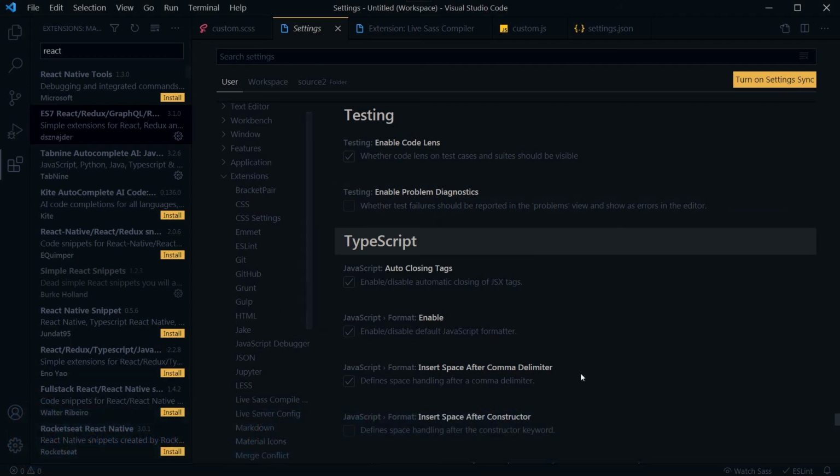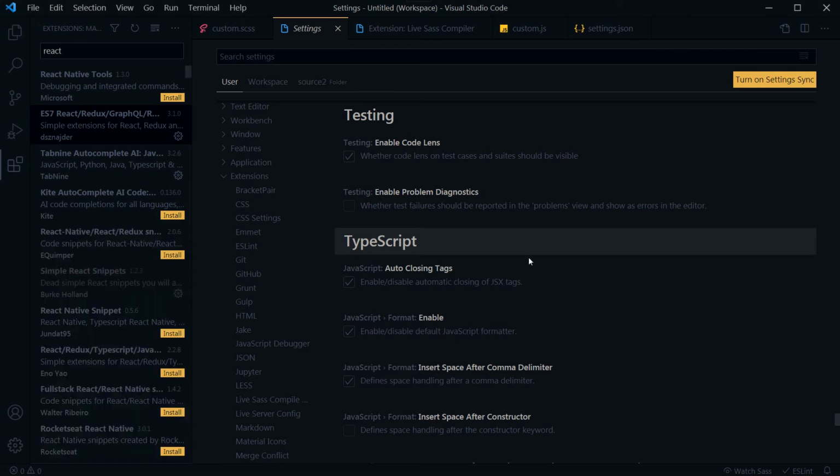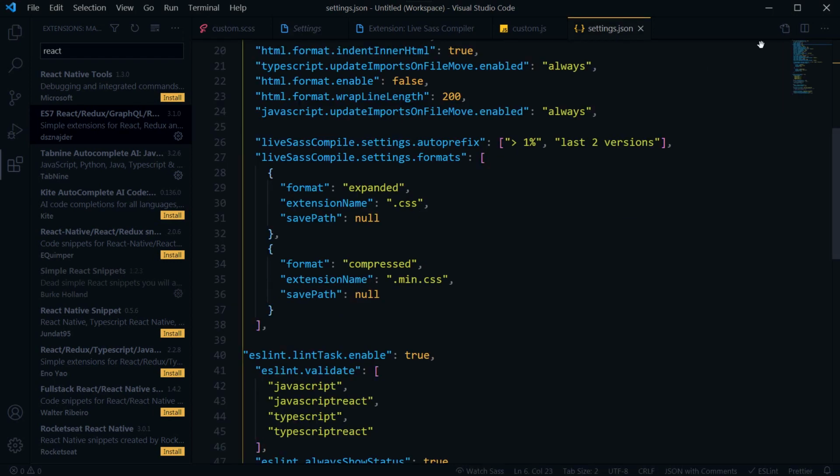And from this screen, you can click at this icon, Open Settings JSON, or click this gear icon, click at settings. That will bring up the same window, and at this location, top right corner, this icon, and it will open the settings.json file.